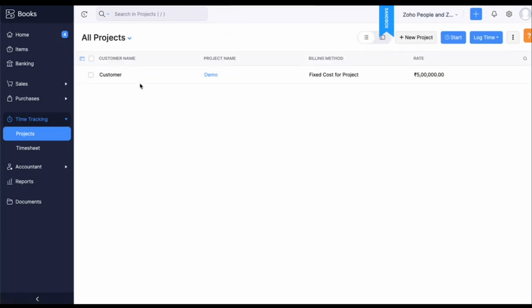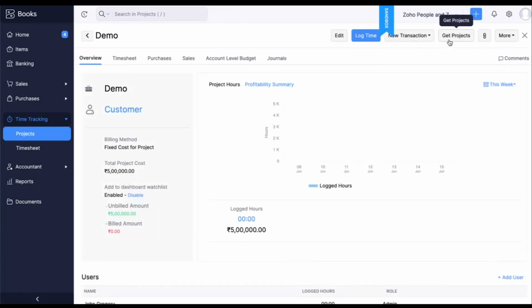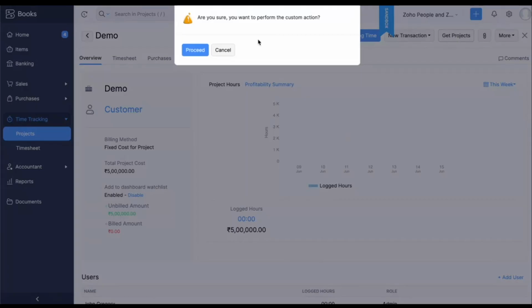you can see that only the project that we have just created is available. Now, if I get into that project, here we can see the custom button that I have just created, right? I have provided the name as Get Projects. So that button is available over here. If I click on this button, it should fetch the projects from Zoho People and make them available in Zoho Books. So I'm just clicking on that. It is asking us to confirm to proceed with the custom action. Once we click on proceed,